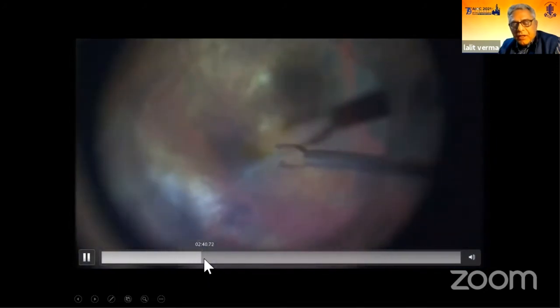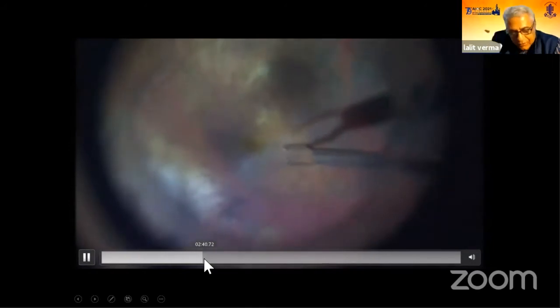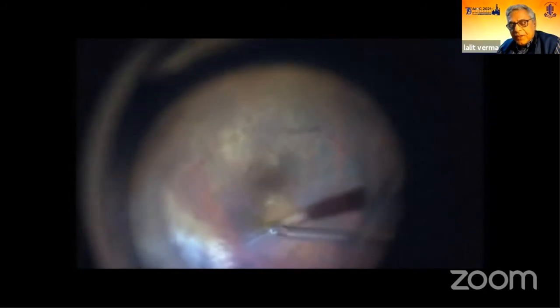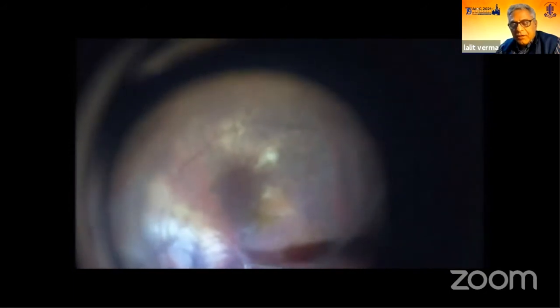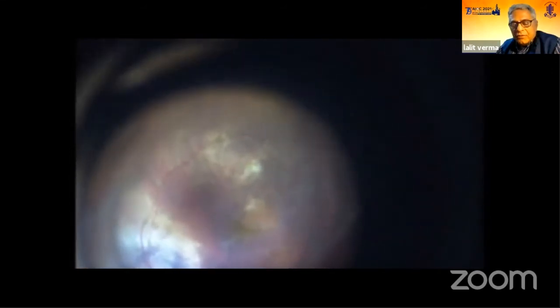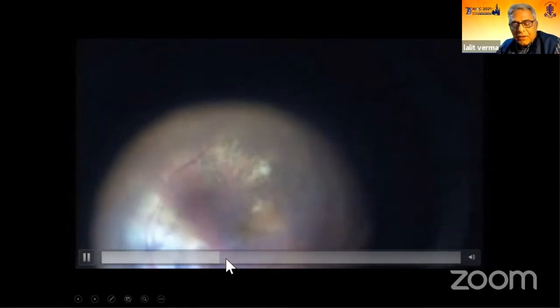This is a silicone-filled eye, a highly myopic eye, and this was the only eye. So there was a post-operative proliferation. We did this membrane removal under the oil only. Sometimes I'll go after oil removal, sometimes under the oil if the edge is visible. So here, with the help of this Eckardt forceps, gently grasp it, very careful because it is very close to the macula. And if it comes very easily, I will do it without the oil removal. If there's some difficulty, then I'll remove the oil and take out this membrane.